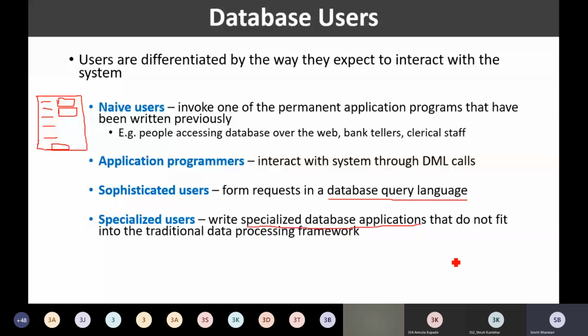Those applications, in fact, do not fit into the traditional framework of data processing. What I mean by that, say for example, there is a database application that requires some computer aided design work.